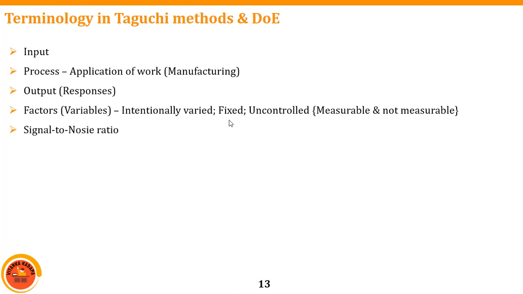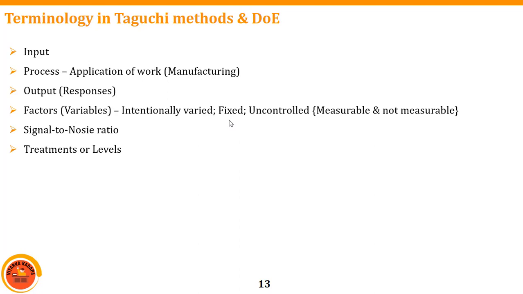Next, the signal to noise ratio. Noise factors we have discussed already. What is the meaning of signal? Taguchi is basically an electrical engineer. Any form of electrical equipment, we try to term in the form of a signal. So he coined that particular word and termed the disturbance, that is the uncontrollable factor, as the signal to noise ratio. This signal to noise ratio should be very close to 0. If it is 0, then our experiment will be best. If it is not 0, if it is varying in a positive or negative direction, then it leads to a large number of problems.